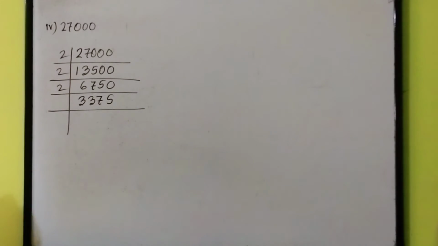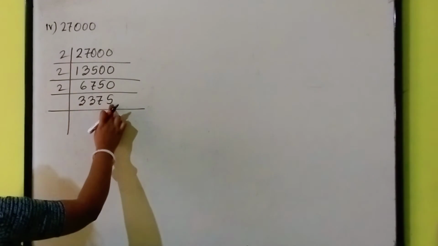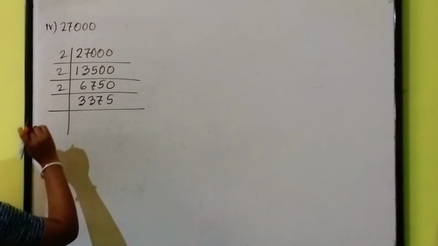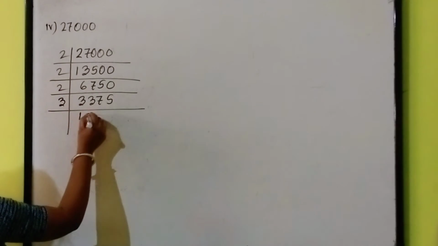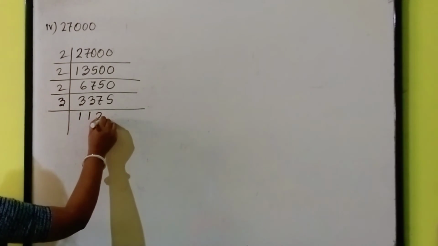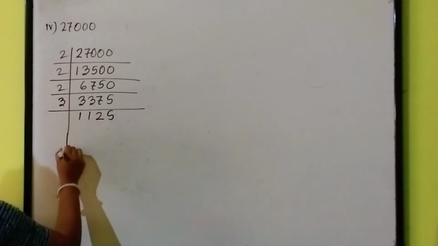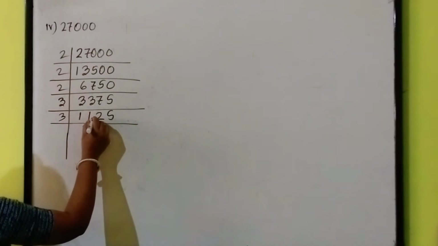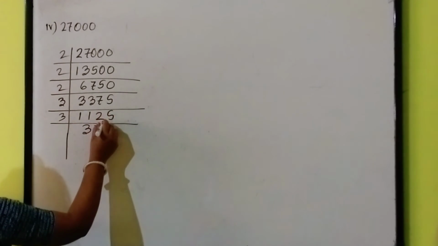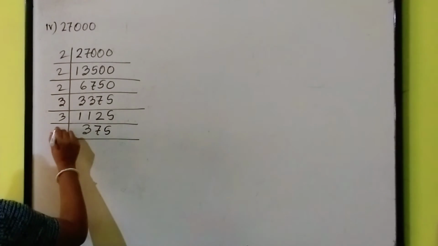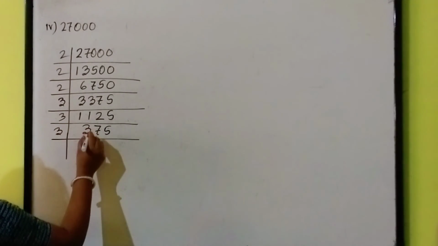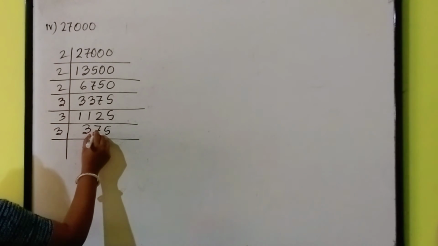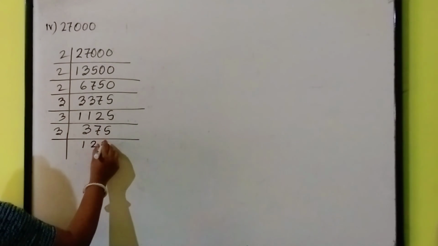Now my dear students, it is no more divisible by 2. Next prime number is 3. Is it divisible by 3? 3 plus 3 is 6, 6 plus 5 is 11, 11 plus 7 is 18. Yes, 18 is a multiple of 3. 3 1s are 3, 3 1s are 3, 3 2s are 6, remainder 1, 3 5s are 15. I think again divisible by 3. Yes. 3 3s are 9, remainder 22, 3 7s are 21, remainder 1, 3 5s are 15. Then 3 1s are 3, 3 2s are 6, remainder 1, 15, 3 5s are 15.